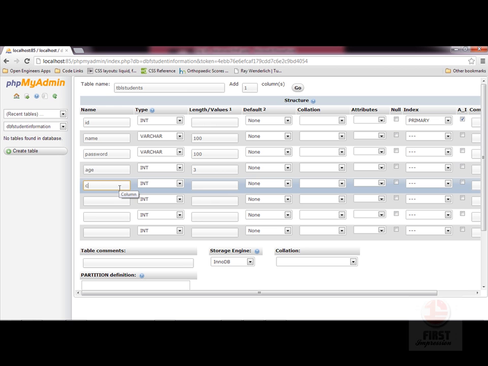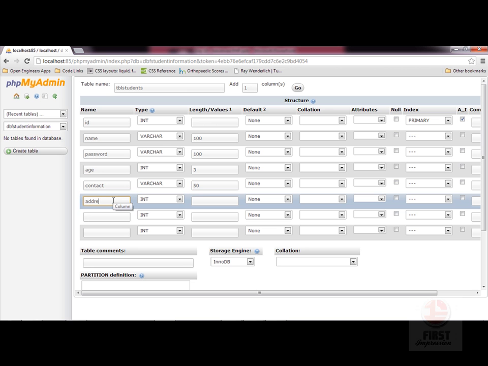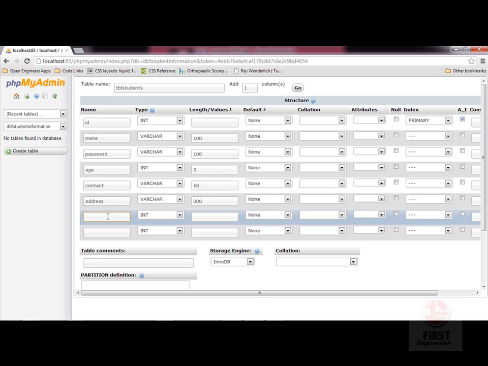Then we'll have contact. Let me give the contact as varchar. You can just press V to get varchar. Your contact number can be say about 50 characters. Then we have the address. The address should be a varchar again of 300 characters. And then we'll have something called other information, a varchar of say 100 characters.